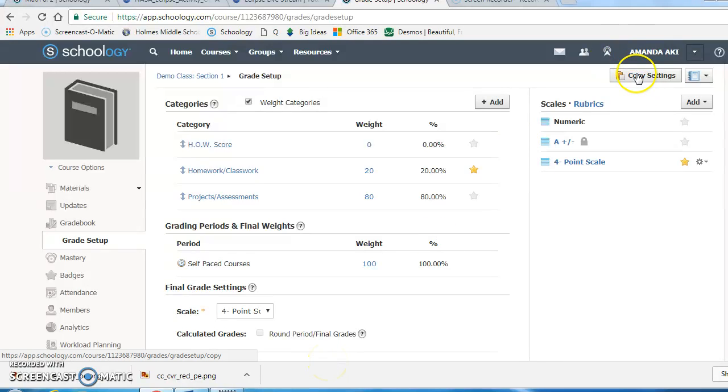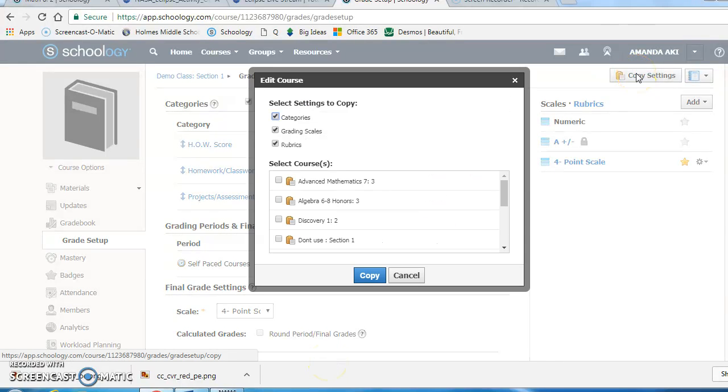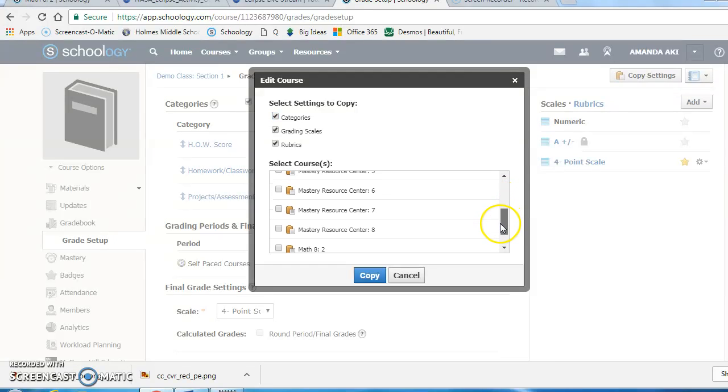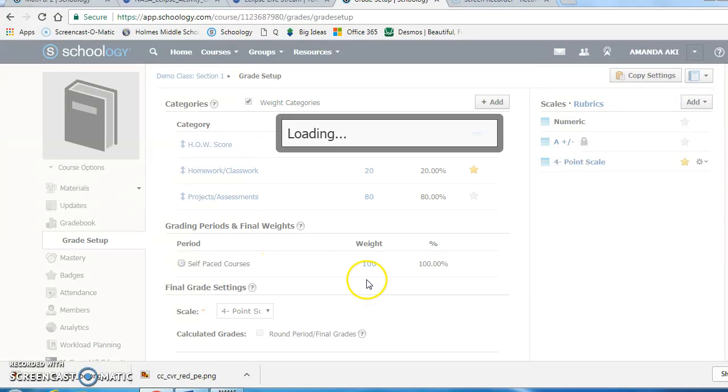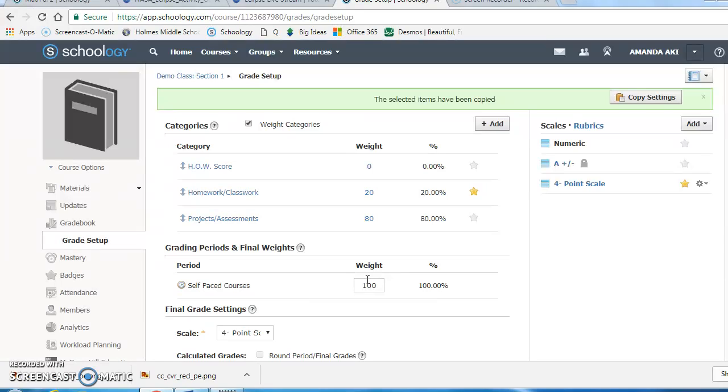Now we're going to go to copy our settings, and I'm going to copy these settings into my Math 8 classes because I have 2 Math 8 classes, and I'm just going to press copy, and we're done. They're copied there. We're good to go. Alright, so the second thing is I showed you how to copy your settings, and the last thing I want